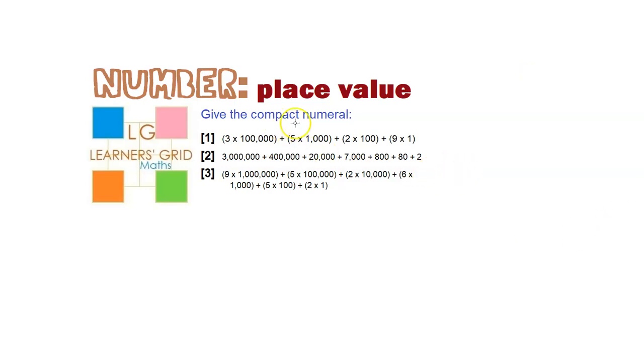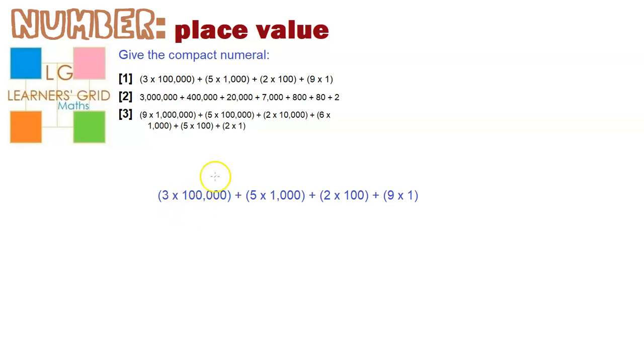We're going to give the compact numeral for each of these expanded numerals. It's not too difficult. Let's give it a go. Okay, so here we have 3 times 100,000, which is